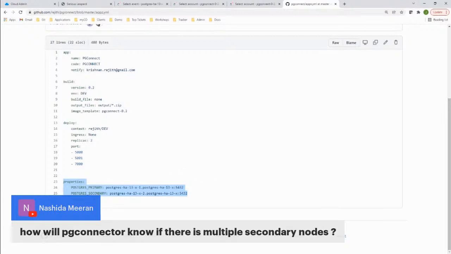You can have multiple secondary databases, one getting synchronously replicated, others you can set up as asynchronous replication. So there may be some lag, but that may be good for your reporting. And PG Connect can understand all those things and expose all these endpoints, and also route the traffic, how much traffic will go to the first secondary node, how much traffic should go to the second node,